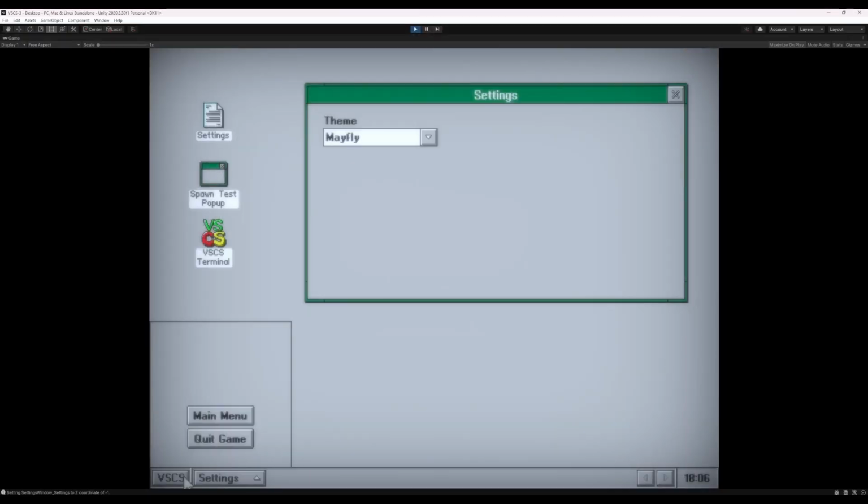Maybe I'll put it up here. But I clicked on the VSCS button and then it went, okay, that's a click outside of the menu, so I'm going to close the menu. But you also just clicked on the button, so I'm going to toggle the menu. So clicking on this button would close and then immediately reopen the menu. And I was so mad because I just thought, what? There are so many edge cases in everything where you go, how am I supposed to account for everything when I'm making a game that's this complex?